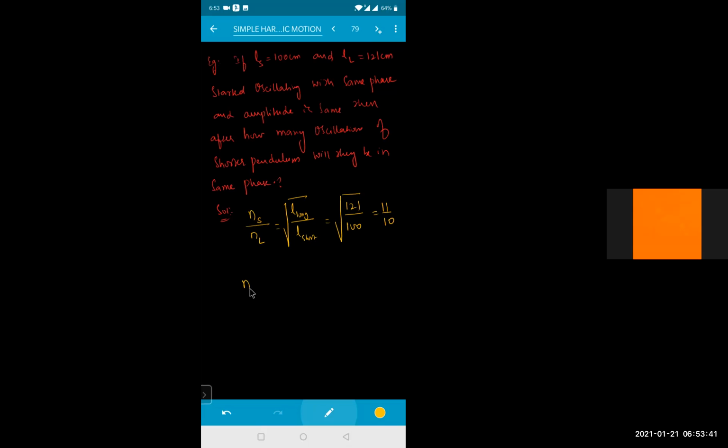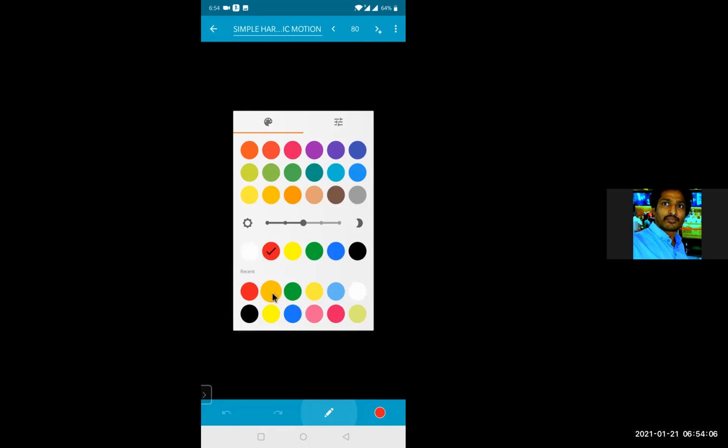11 by 10 చేయొచ్చు, or else length of your shorter by length of your longer will be equal to how much for me? 22 by 20 అని రాయొచ్చు, లేకపోతే 44 by 40 అని రాయొచ్చు, so on like. So that will be the oscillations. Wasn't it, sir? Is it in the form of 11 by 10, or 22 by 20, or 44 by 40? Anything for the given condition. Okay నా? Yes, sir. So that is also one of the important areas where we need to concentrate.